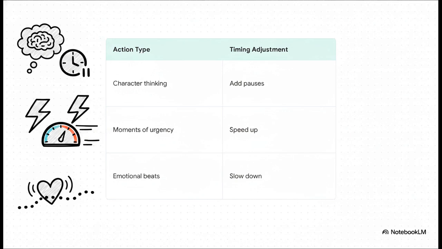For example, if your character is thinking or processing new information, you add pauses. Holding a pose for just an extra half second implies a heavy cognitive load. It shows they're thinking. Now, for moments of urgency or panic, you speed the motion up, letting parts snap into place faster. And for deep, emotional beats, you want to slow the transitions way down, easing gently, beautifully from pose